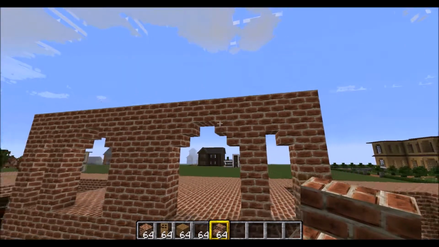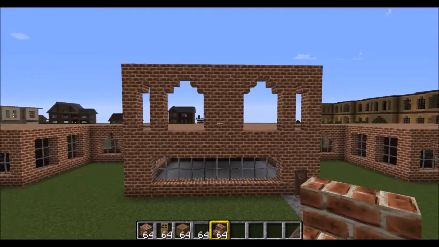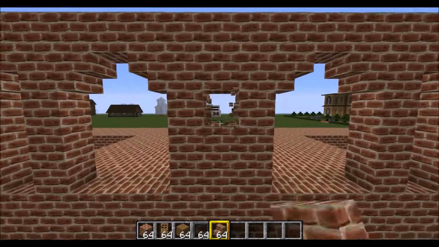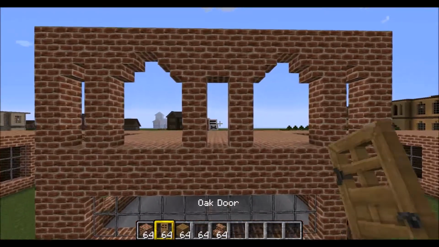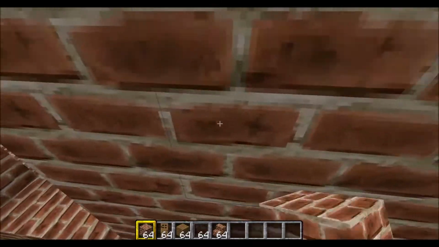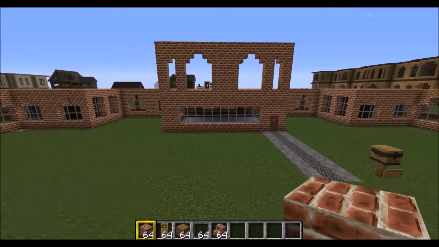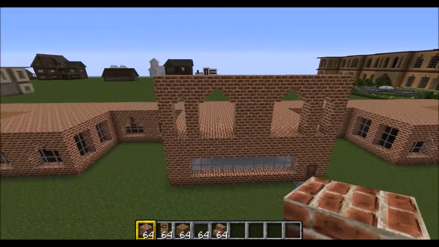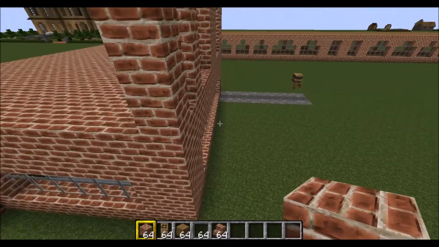Boom. Okay. Did it. So that's what this should look like. And like I said, if you want, you can put another little thing there. I don't want to, so I'm just gonna leave mine like this. And you just don't put glass panes in that. Leave that how it is. So, and then yeah, we have to do one more thing before we start